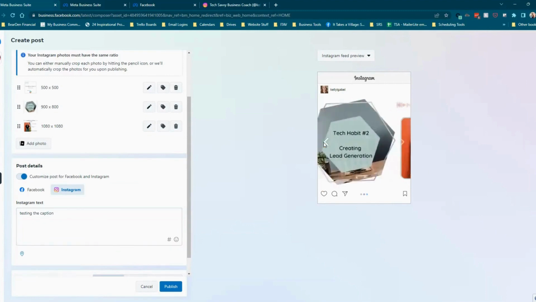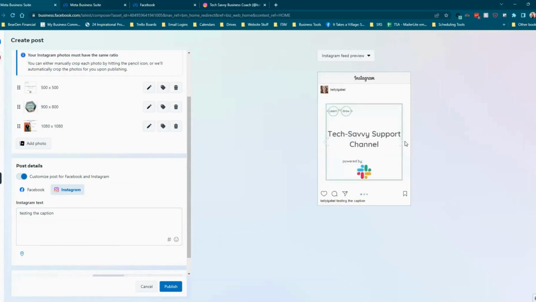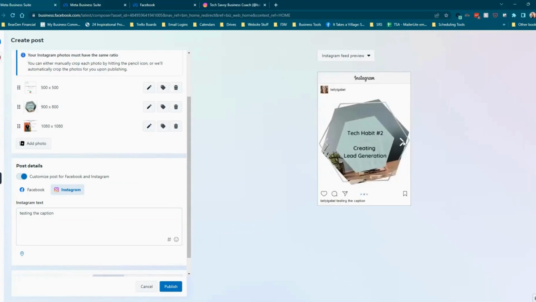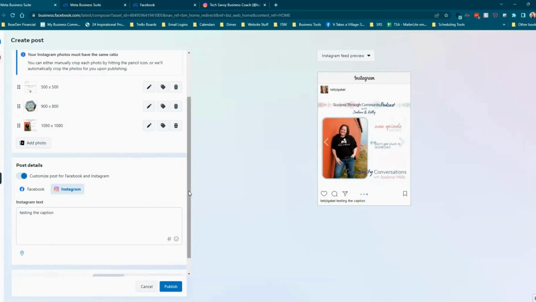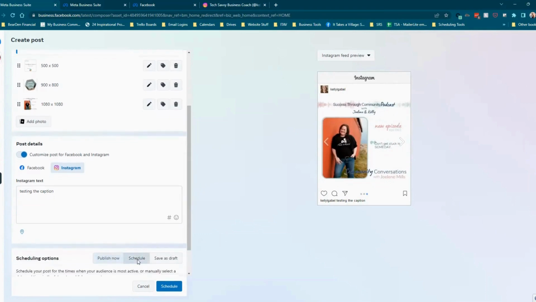So then where, oh, there we go. Okay, so it's right there. It stays the same for all of them, which I mean, that's standard, right? And then if we wanted to schedule it,